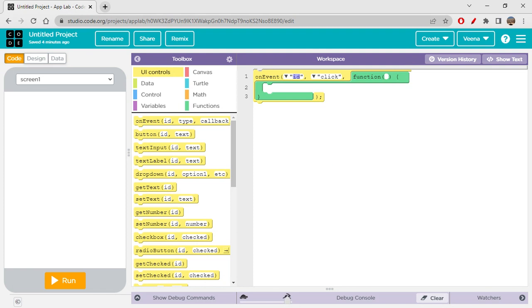And yeah, on event, so let's discuss this on event, because this is one of the very prominent blocks we have been using so far, right? So on event is an event handler block, where you will be handling a few types of events using the same block. Okay, so what do I mean by event? First, an event is something